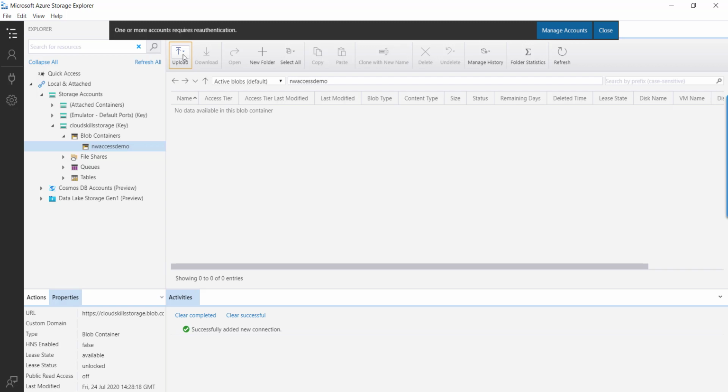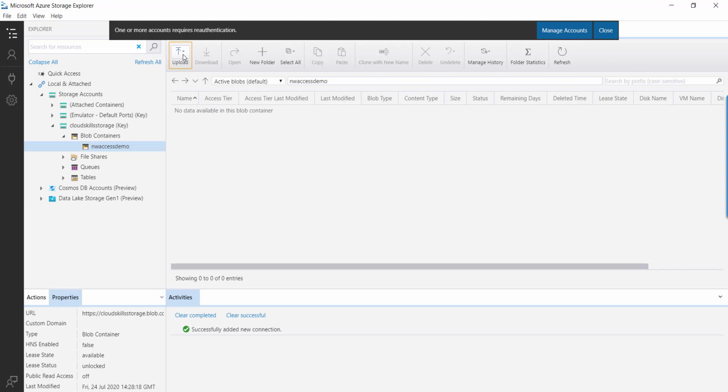Notice that I am doing this from my local system. As I said earlier, if this access key gets compromised, that will be a big threat for us. To restrict that, we can provide a network policy for this storage account, where we provide a CIDR or a particular IP address, so that whoever logs in from that CIDR or public IP can access this storage account. Otherwise, the storage account will not be accessible to any other person from any other location.